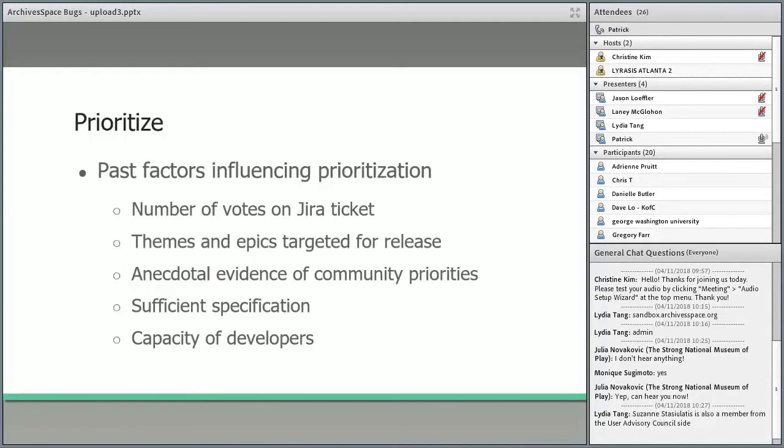We're also trying to gauge the community priorities of things. If we've seen people talking about a bug on the listserv or in greater conversations in different communities, and they say it's a big deal for them, the larger community will probably try and prioritize it as higher than if we don't hear anybody really complaining about it, or if it's minor versus major issue. And so